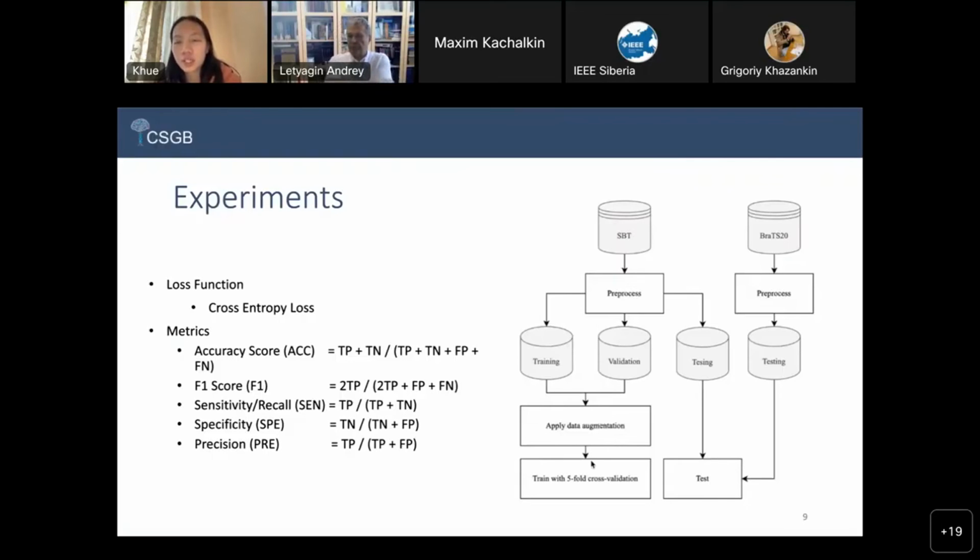And then after training, the two best models will be used for testing. And then the best model is also tested with the plus 20 images. And the loss function used in this is the cross entropy loss. And we also apply several evaluation metrics to compare the performance of the models, like the accuracy, F1 score, sensitivity,